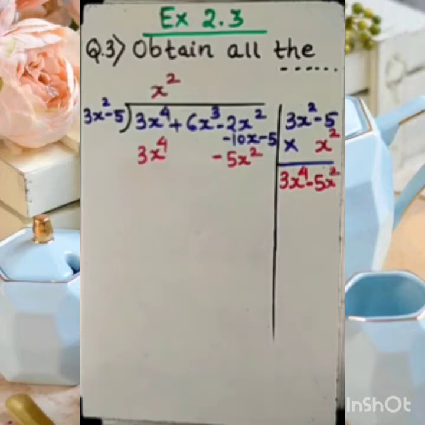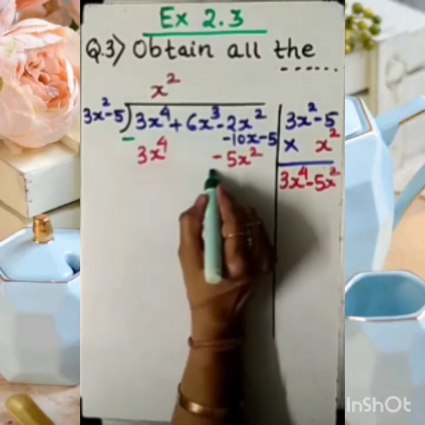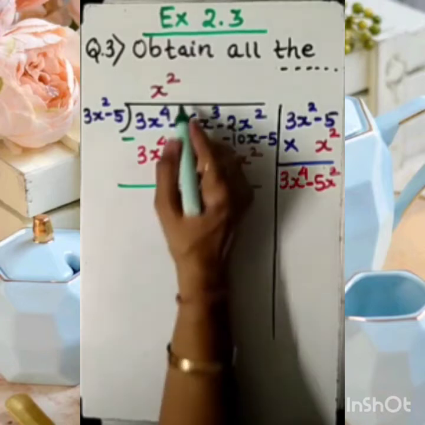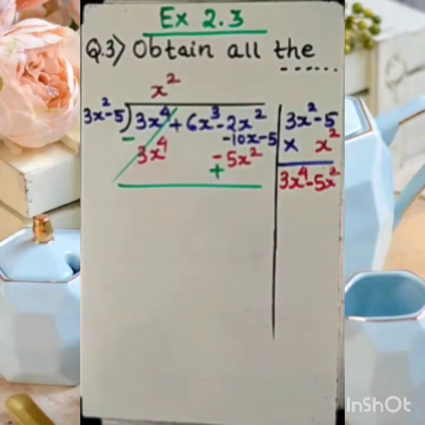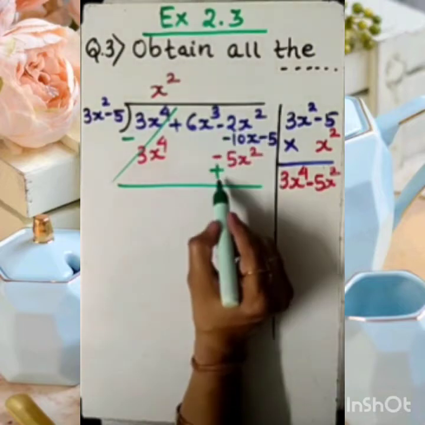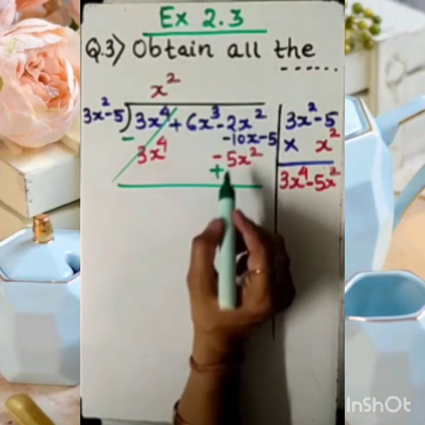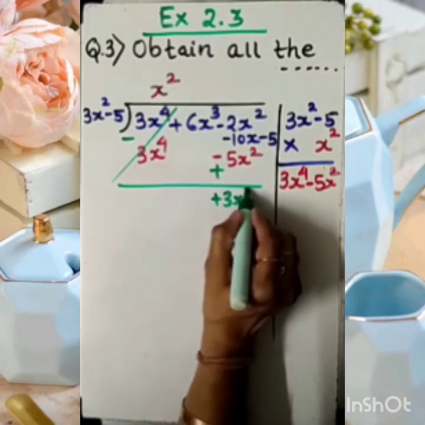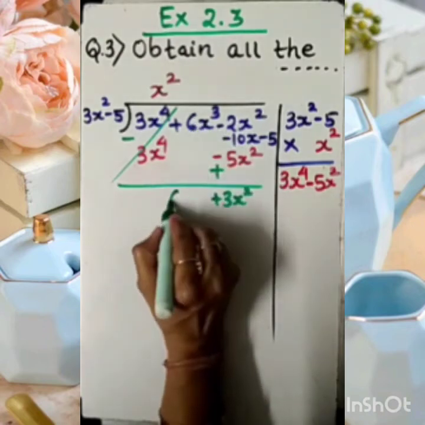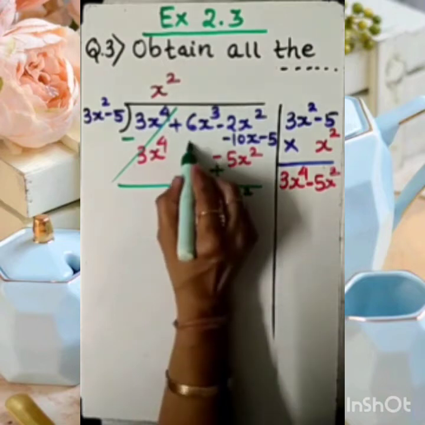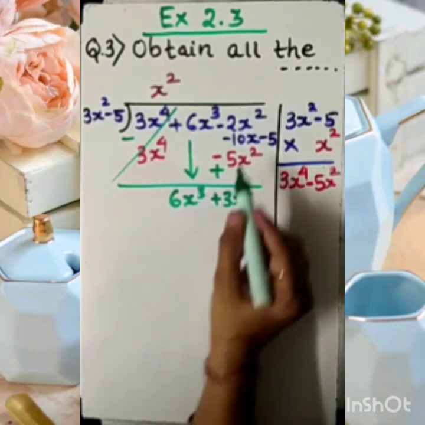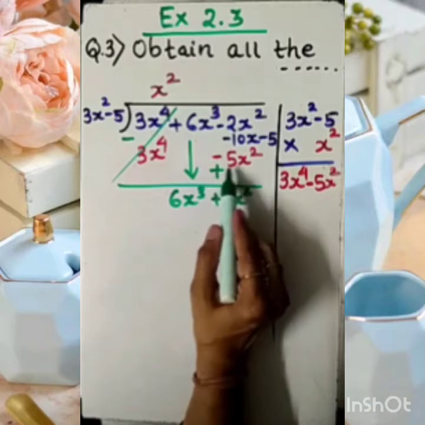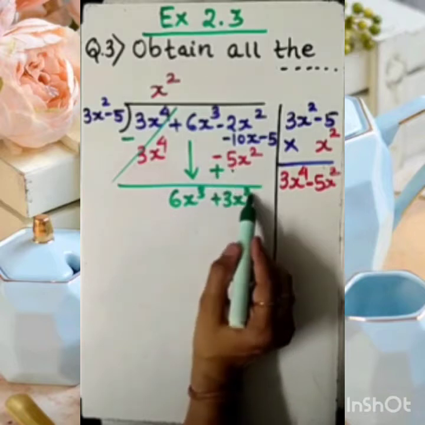Now as usual, you know very well, we need to change the sign. Here it is minus, this will become plus, this will be cancelled. Now my dear student, here you can see minus 2 plus 5. Minus 2 plus 5 is plus 3x square. Agree? And this 6x cube is already there. So I am bringing this term as it is. And this minus 2 plus 5 gives plus 3x square.